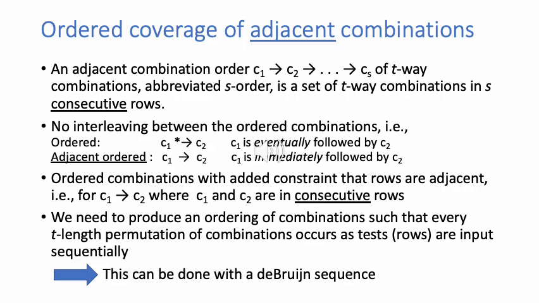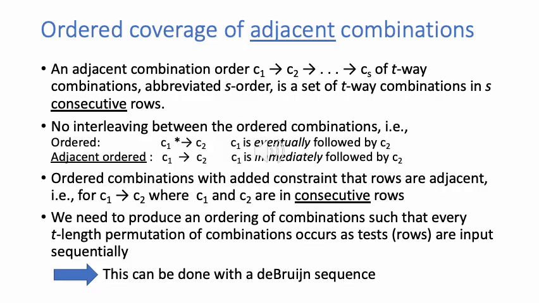So that means no interleaving between the ordered combinations, that in this case, the examples C1 eventually followed by C2, that's what we referred to earlier as the ordered combination coverage. But adjacent ordering is, again, where it's immediately followed by another combination. And so that means that they are in consecutive rows,